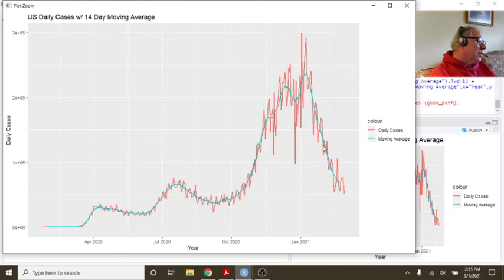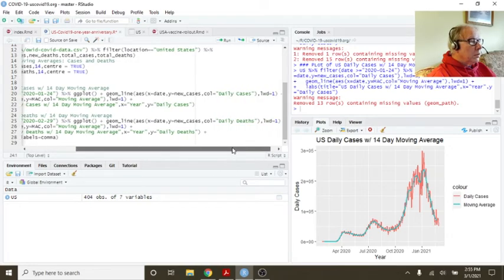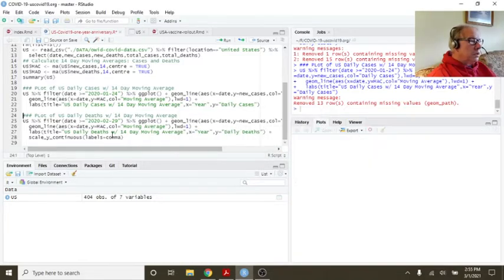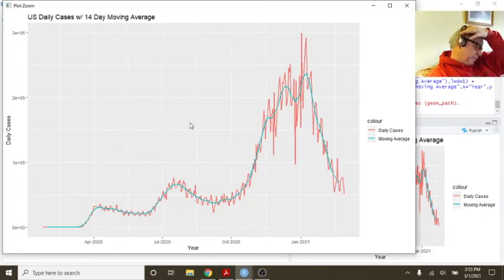Okay, so now you see the two basic plots here. This is the most basic information we can have. This is daily numbers. This is daily cases. The blue line, as you can see, is a 14-day moving average. You can see clearly there is a continuing decline in cases, beginning all the way back sometime in